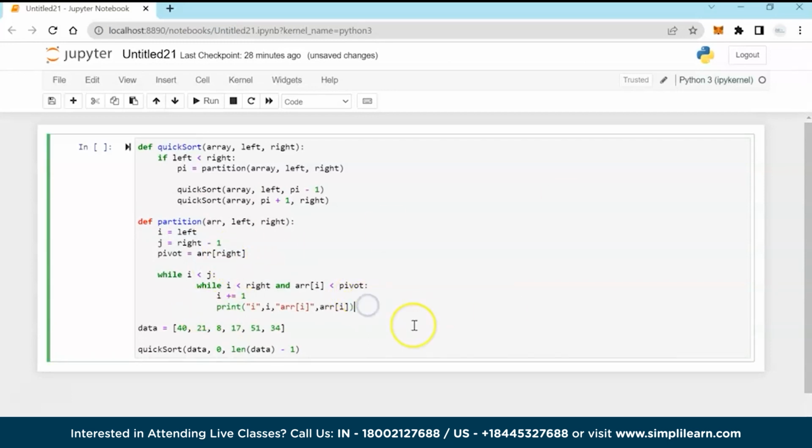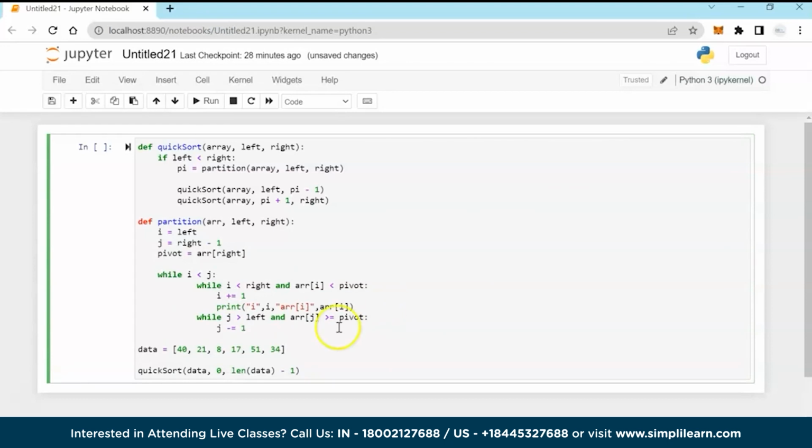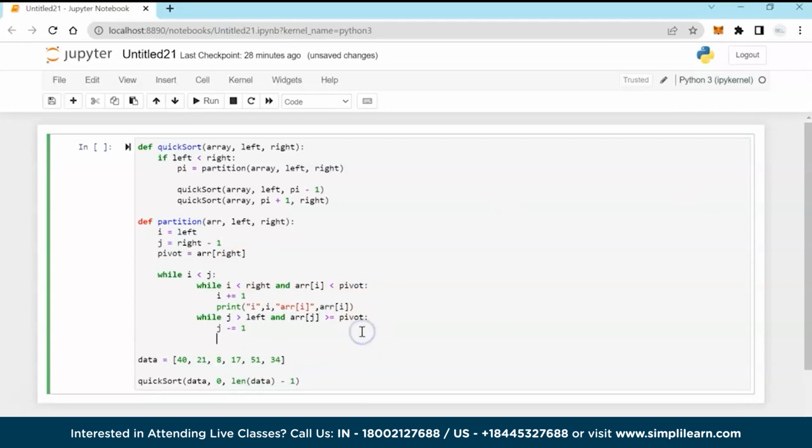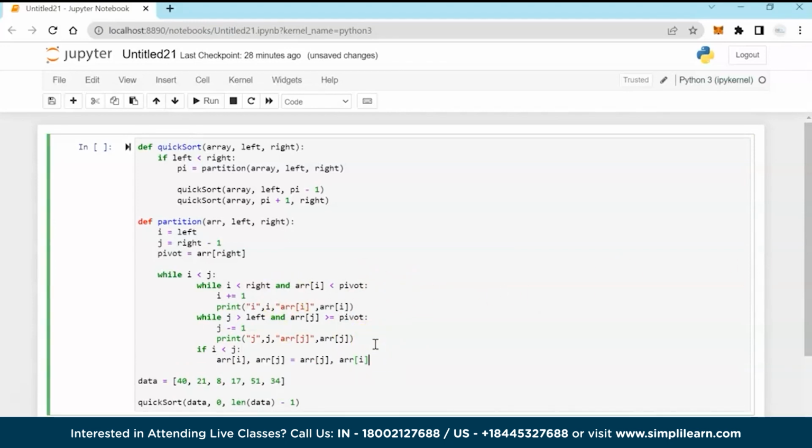Similarly, I will move my j iterator from right to left, checking that the element at the j pointer is greater than the pivot, because I have to create my right sub array. Now I check if my i index is less than j, correct? Then I'll swap the elements,